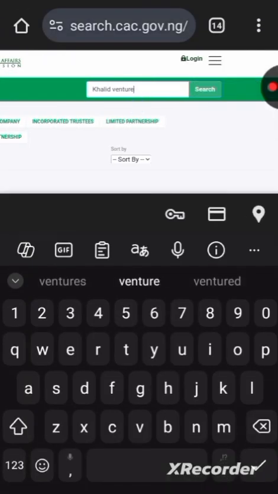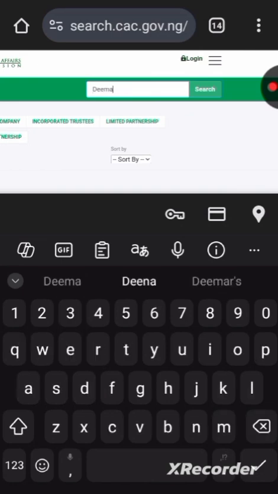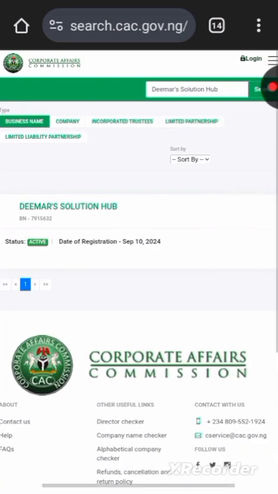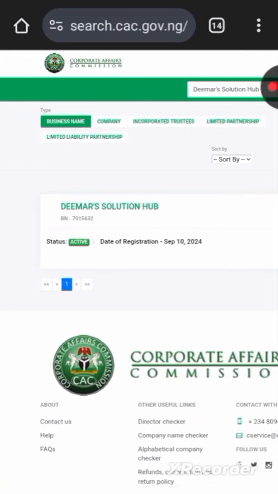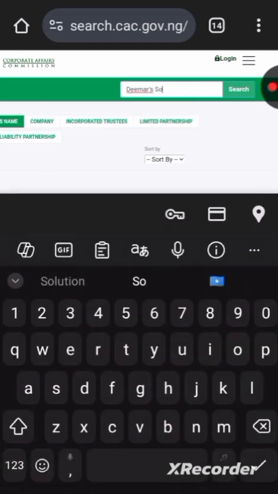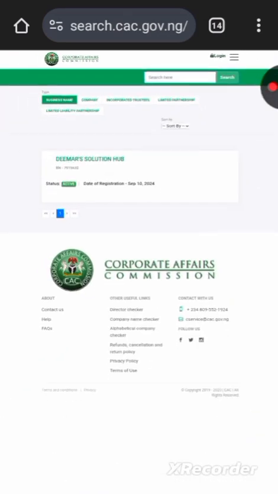You can search for any name at all you want to search for. You can search for Dimas Solution Hub. You can see Dimas Solution Hub is on the CAC website. Whatever business name you want to use, you can come here and search for it. And once you're done searching and you see that nobody has used the business name, then you can now proceed to the registration. And to proceed to a reservation, you just have to